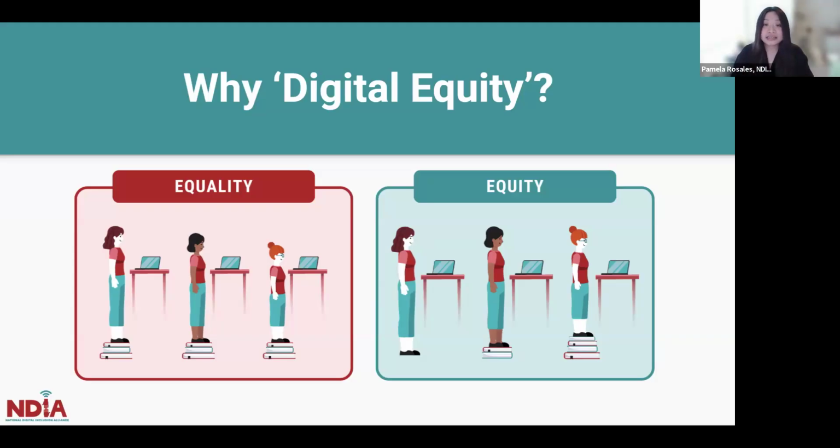Other things to consider is, if you're having an event, is that event accessible to the community that you're trying to serve, right? Is it in a location that they feel safe in? Is it in a location where it's easy to access through public transportation? Is your event free? Is it held at a time or a date where your community can attend?